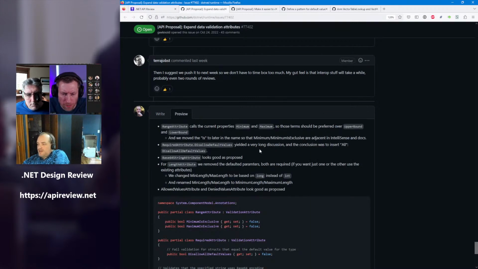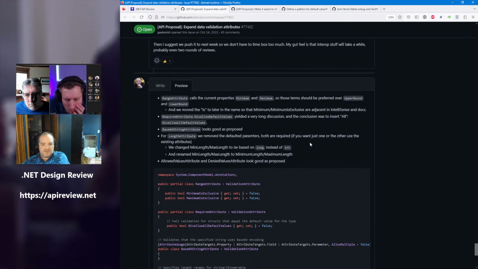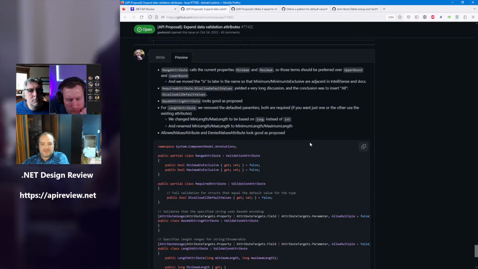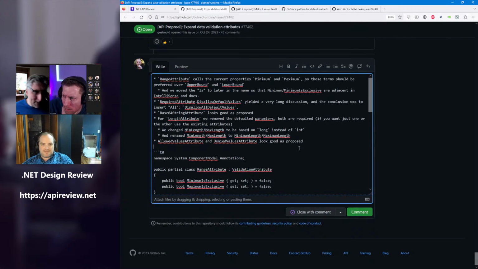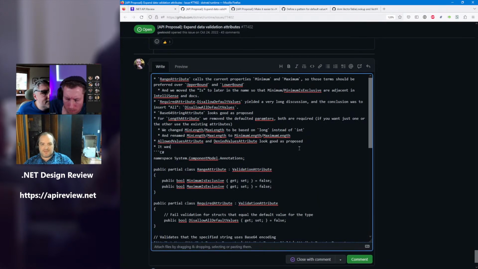So all of your types are not sealed. Is that intentional? Yes. And that's because all the other types in that library are not sealed either. I guess that's by design. The idea is that people can extend these attributes and pass in things that couldn't be passed at the attribute declaration level.